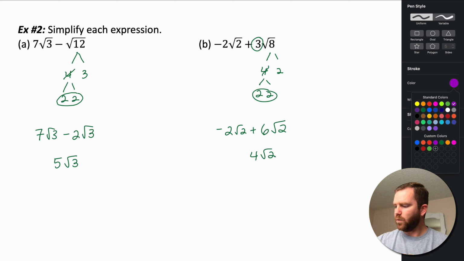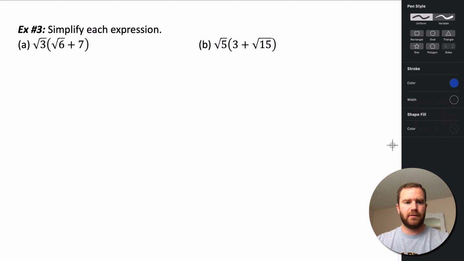Okay, so let's try one more, or take a look at one more problem type. So in this last problem type, it's asking us to simplify this expression, and we are simplifying through multiplication. So remember, when there's parentheses here, that means multiply. So we're actually just going to use the distributive property. So we're going to take this square root of 3, and we're going to multiply it into both of these